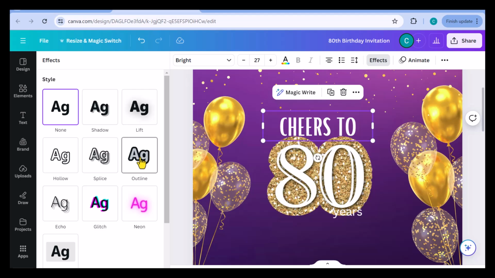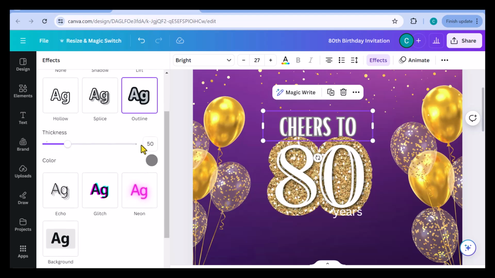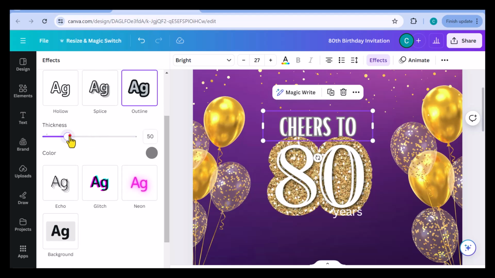The first effect that I will add to this is the outline effect, and that allows us to surround the text with a color or with an outline. We're able to select the thickness of the outline and also the color of the outline.